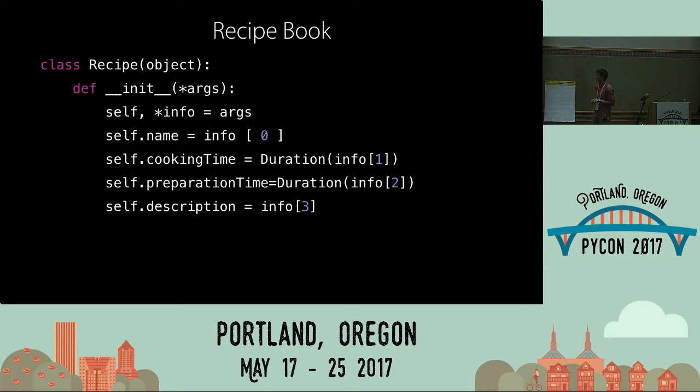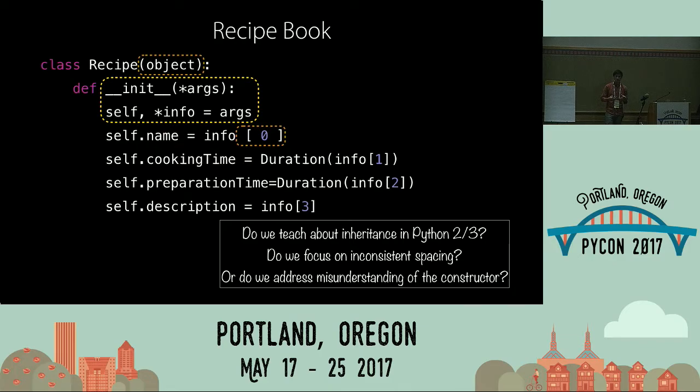And I think one of the challenges here is to identify, if you saw this code, what you would do. Would you say, oh, maybe this is an opportunity to talk about object inheritance in Python 2 versus 3? Or maybe there's this big problem of not quite understanding Python methods and why we have self. Or there's also the spacing thing. We could talk about the spacing. And in Python, it's important to explore these different ideas, and as an educator, keep track of which ones are most important. I also think this resolution can be helped by considering the levels of your students.